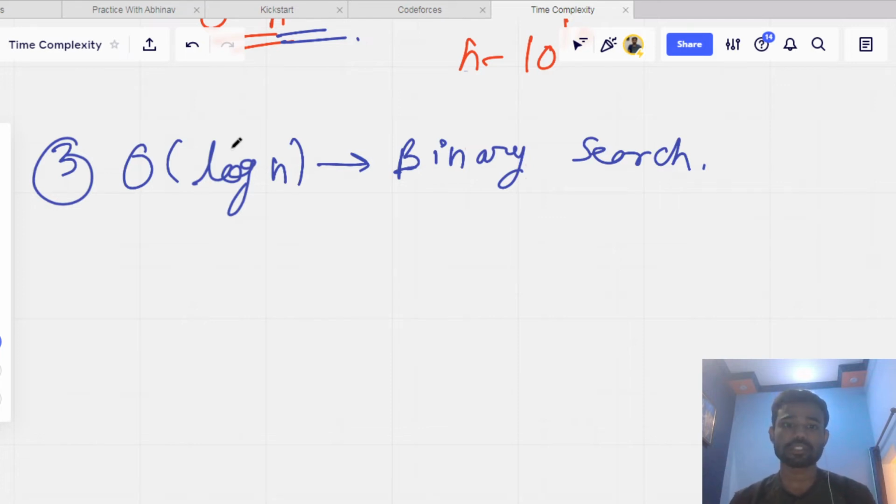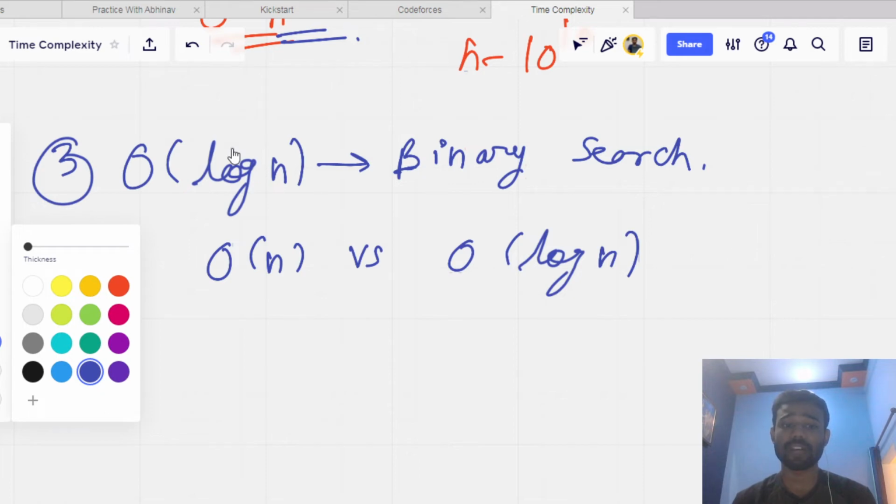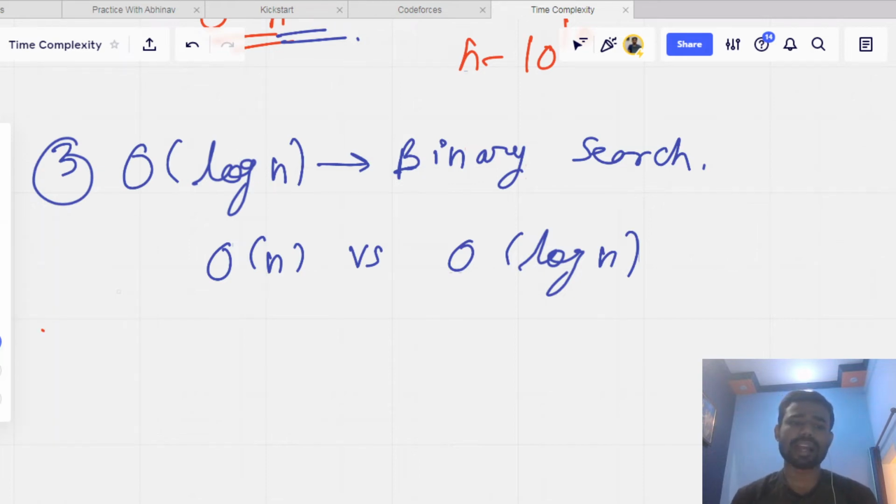And let's talk about O of n versus O of log n. Let's see how big the difference between them is. Let's take an example that n is 10 to the power 6, means we are taking 10 to the power 6 elements. For example, we are performing a search operation using linear search and binary search. So linear search is taking O of n, and binary search is taking O of log n. There is an array which contains 10 to the power 6 elements. So because linear search is of complexity O of n, it will take 10 to the power 6 iterations in the worst case.